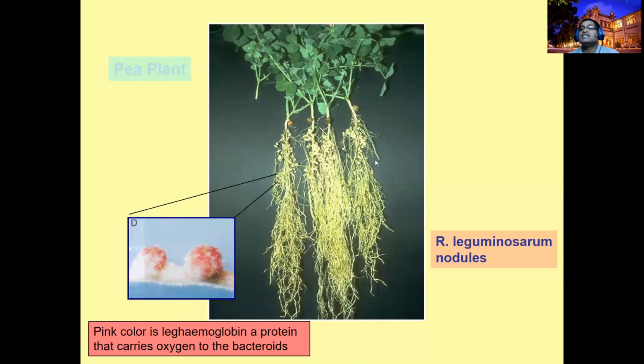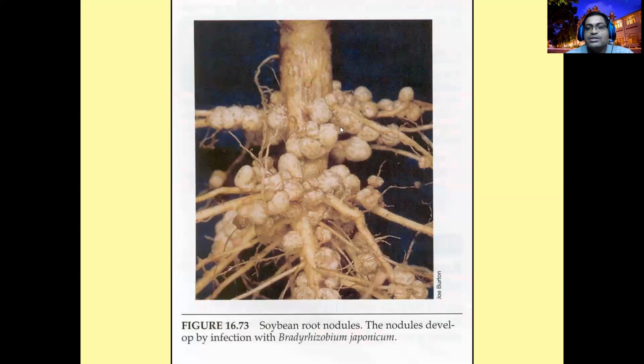This condition is maintained because of this modified chamber, which we call a nodule. If you pull out any legume crop, green gram, black gram, anything, you can see this type of nodules. Very spongy, attached very loosely to the rootlets in the soil, and also reddish in color. It is always on one side.